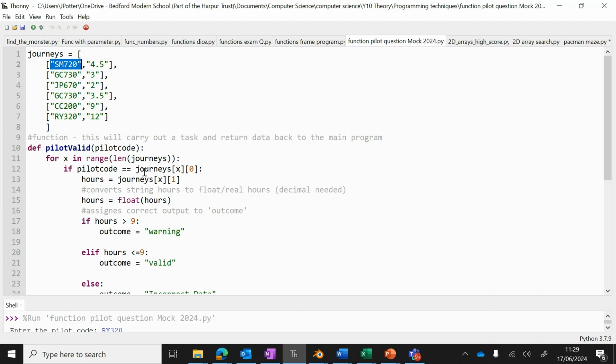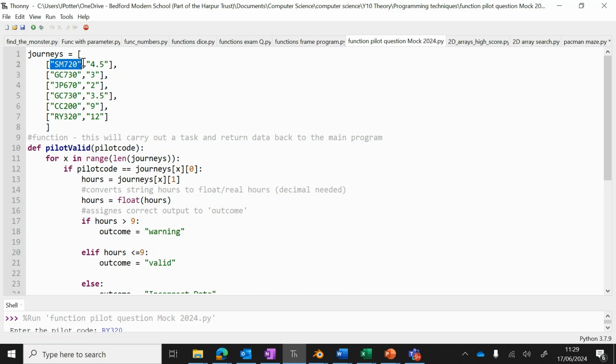Okay, and if pilot code is equal to the first item in the array, and we know it's going to be 0 because the first number in X, when we have a for X in range or whatever we use there, is 0. Okay, so 0, 0, SM720. Yes, what we've typed in, SM720, is equal to what's in this position in the array.